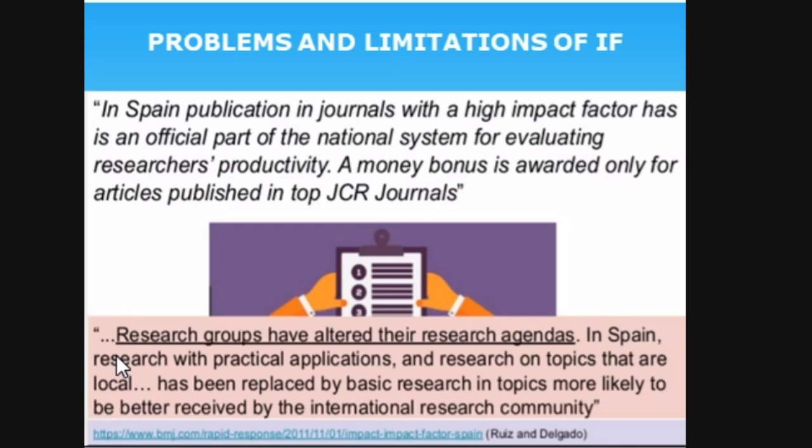Just because you want to write research that is accepted internationally doesn't mean that you have to exclude the local variable, right? Because you are a researcher from India. First you need to address what the problem in India is, what the situation in India is. That should be given more importance than international acceptance. That is what they have changed.